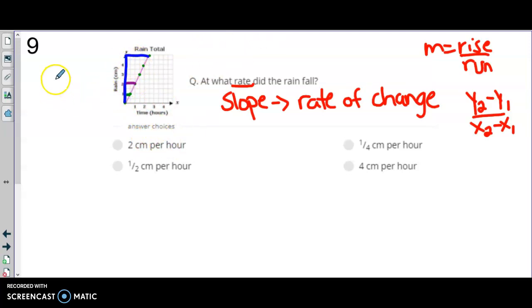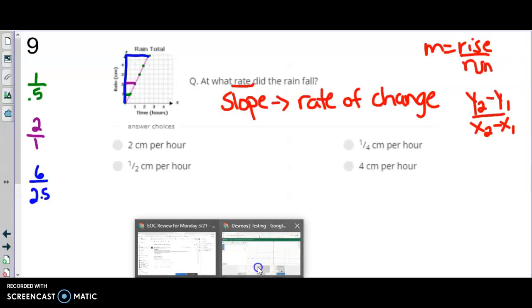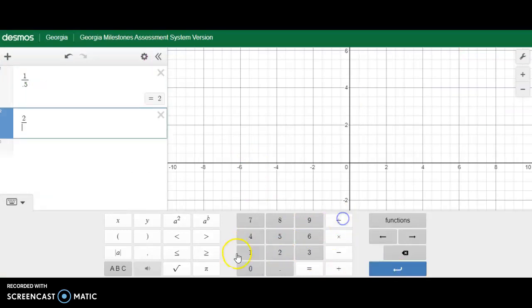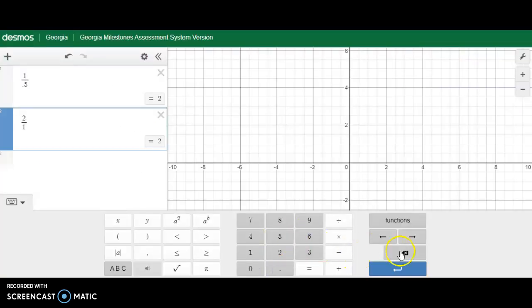So let me just write what I just said. The first one, we rose up 1 and over half an hour. On the second one, we rose up 2 centimeters and over 1 hour. And then on the giant blue one, we rose up 6 centimeters and over 2.5 hours. Let's look at these in the calculator. If I do 1 divided by 0.5, it equals 2. If I do 2 divided by 1, it equals 2. And if I do 6 divided by 2.5,